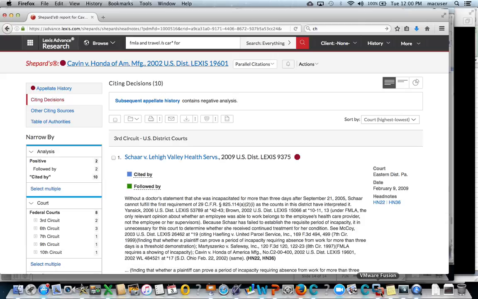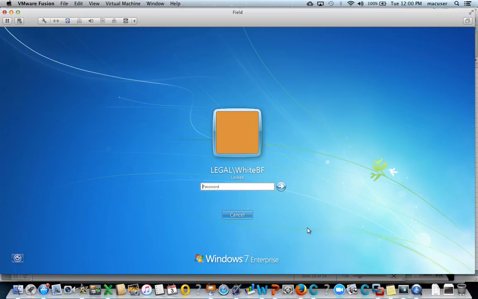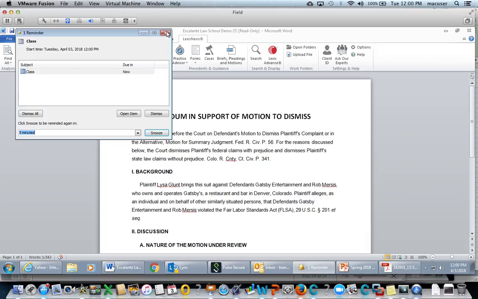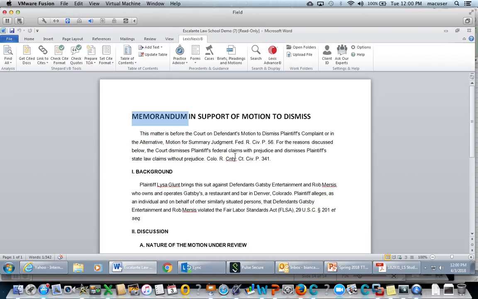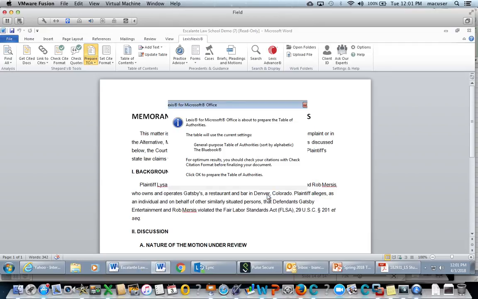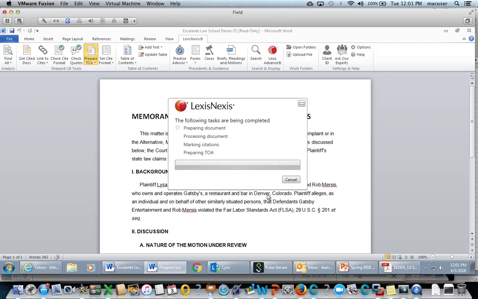All right, the very last thing we're going to look at is something called Lexis for Microsoft Office. So Lexis for Microsoft Office is a really cool tool. It is a download into your document, but what's really nice about it is it also marries research and drafting. So for 1Ls, you only have limited functionality, and I will show you the first bit of functionality that you have. So basically I've gone in here and I've said prepare TOA, and what this is doing is